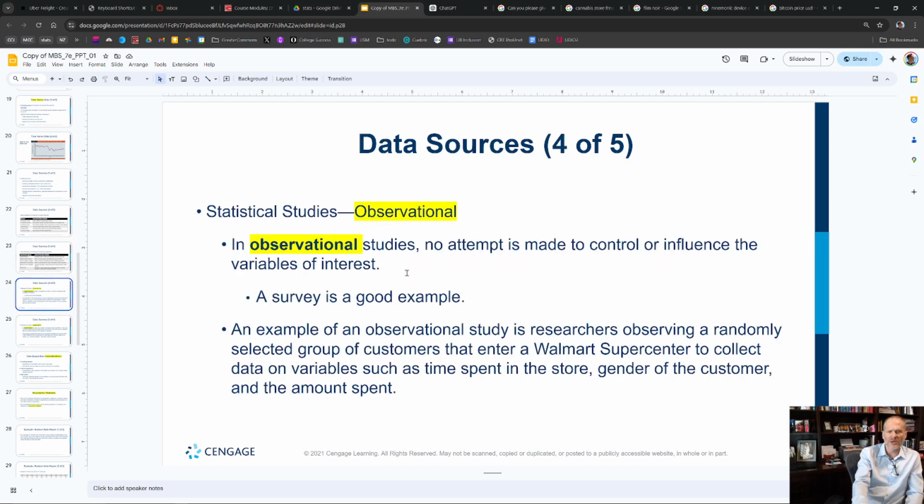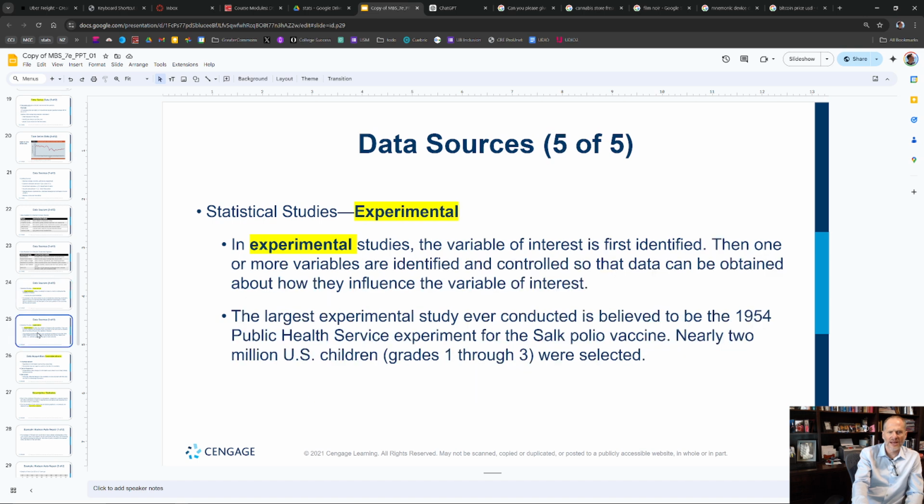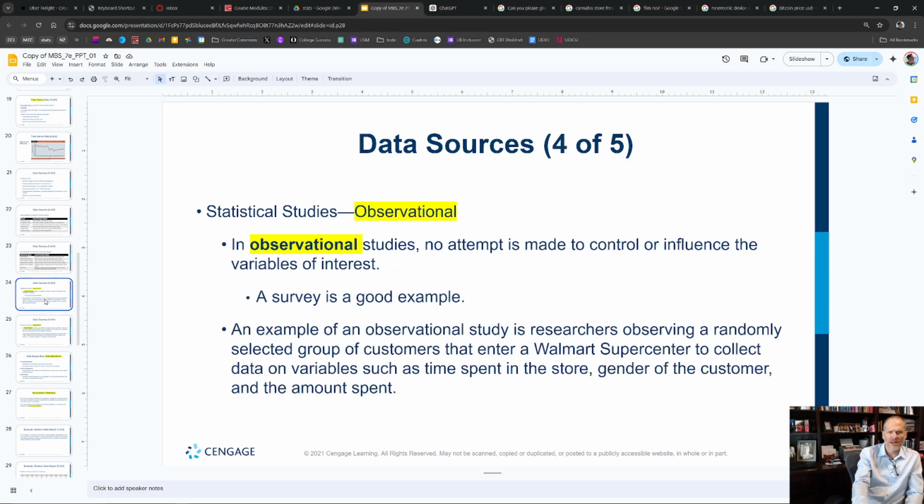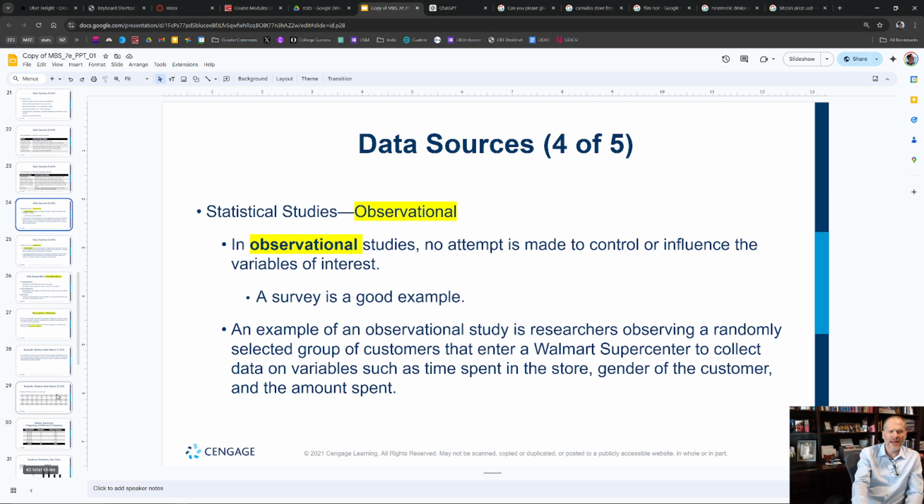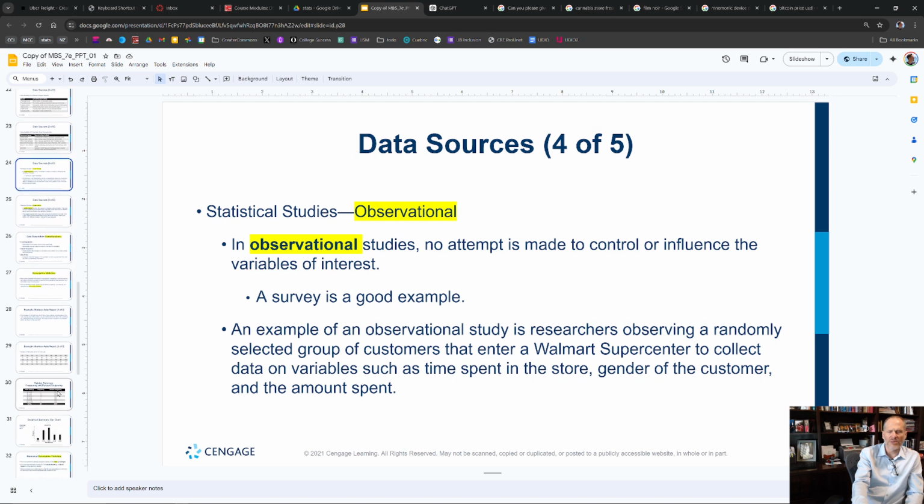And then you could also do studies. And there's two types of studies you could do. You could do an observational study. You could also do an experiment. So in observational studies, you're just going to observe what is already occurring, and not do any kind of formal study or set any types of controls on it. You just might observe how many students go through this door wearing red on Mondays from 8 to 9 a.m. And so that's an observational study.